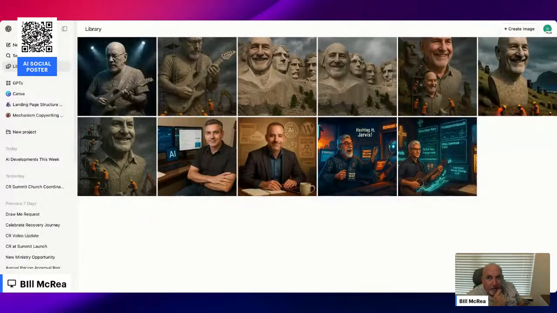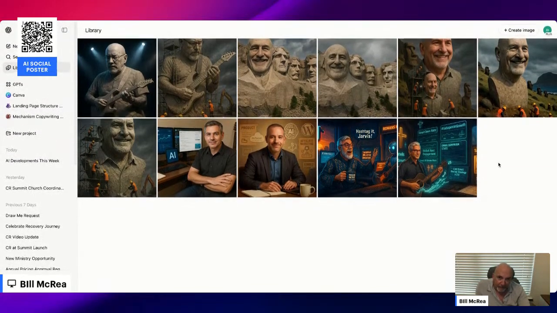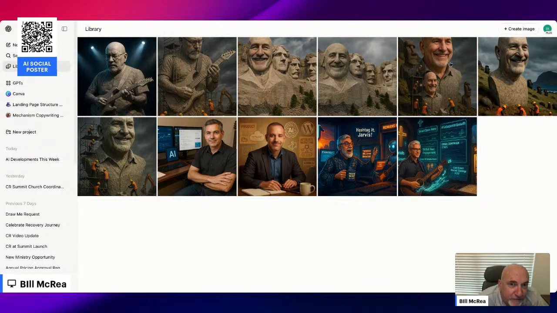So these are all images that were created from prompts. I get a kick out of these because I used a prompt that I got from a friend of mine, and you can see it. There's the picture of me in there, but then it made me into this. It looks like I'm chiseled on a rock. So it took that and did this,